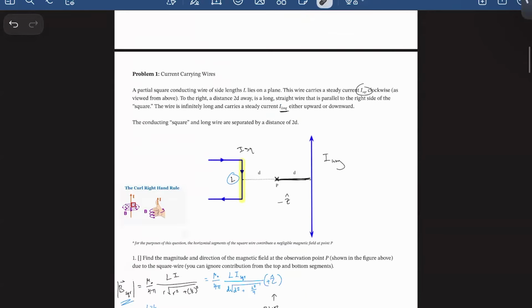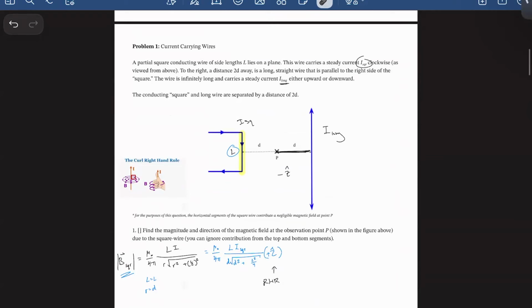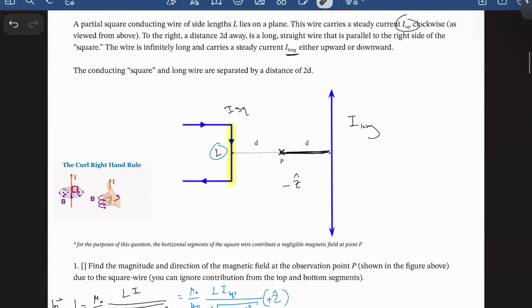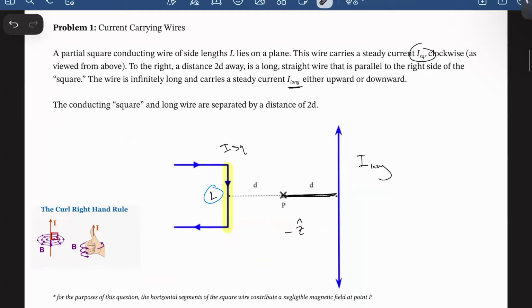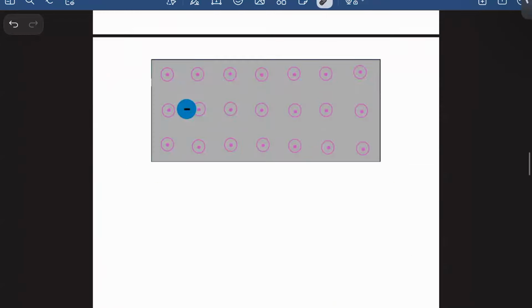And it's a little hard to explain sometimes, so I apologize, just because it's hard to show the right-hand rule on a 2D surface. But hopefully you guys can get plenty of practice with the right-hand rule and everything else on this test. So yeah, hopefully this video was helpful. Best of luck for the exam,